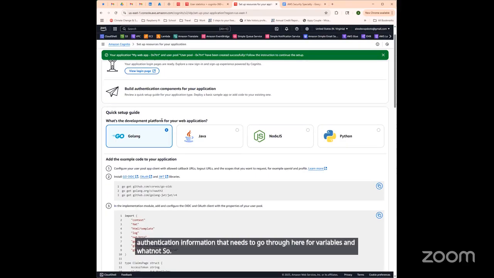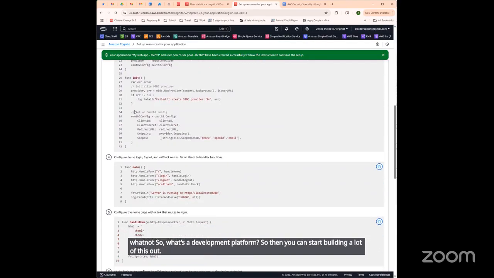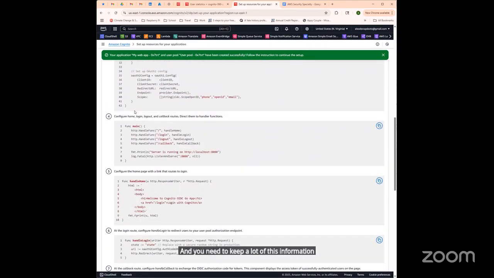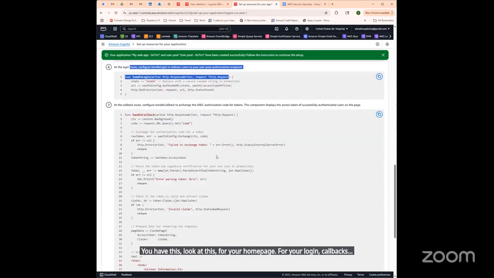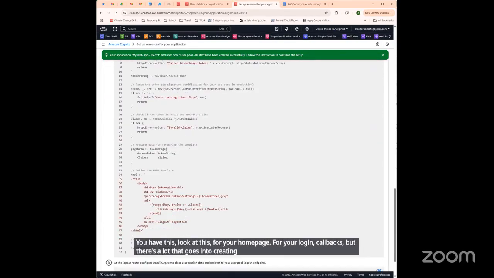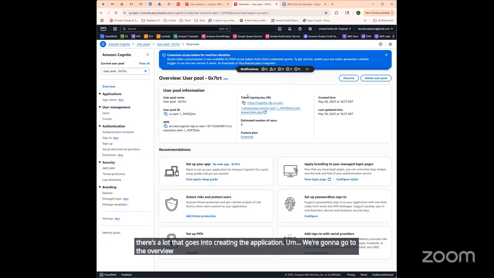So what's the development platform? Then you can start building a lot of this out. And you need to keep a lot of this information so that when you configure this, you have it, for your home page, for your login, callbacks. But there's a lot that goes into creating the application. We're going to go to the overview. Okay, and so at this point,